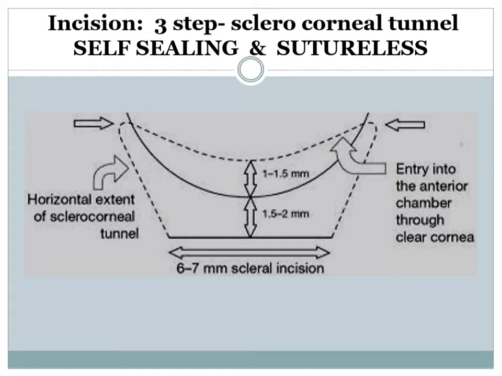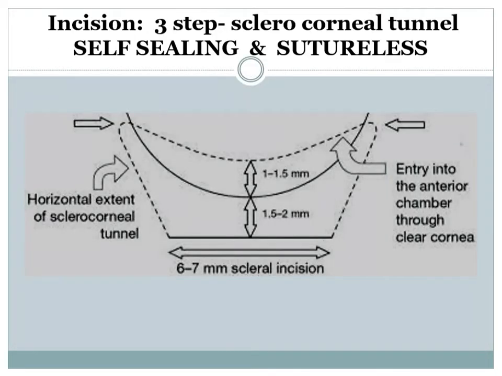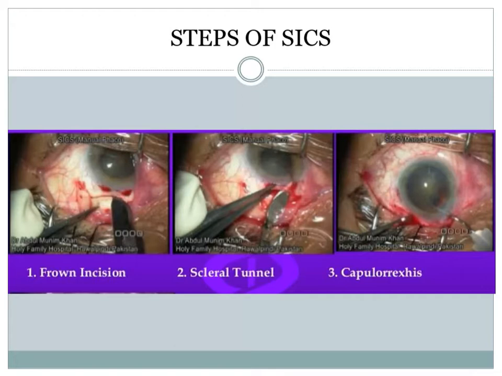Okay. And then once you reach 1 millimeter or 1.5 millimeters beyond the limbus, then you dip. Okay, so what you are actually doing is, it is a 3-walled incision. So once you remove your instruments and reform the anterior chamber, it is a self-sealing wound because it is not a single cut. Look at this picture.